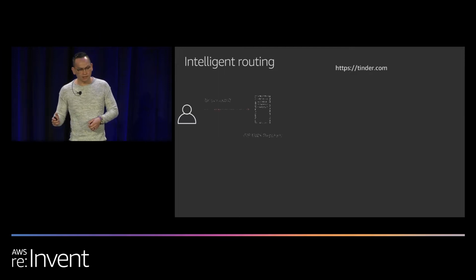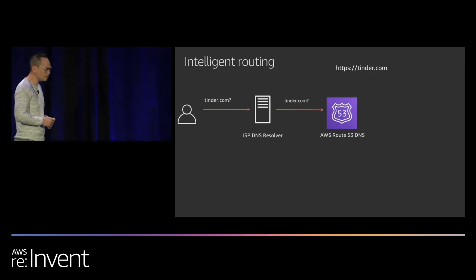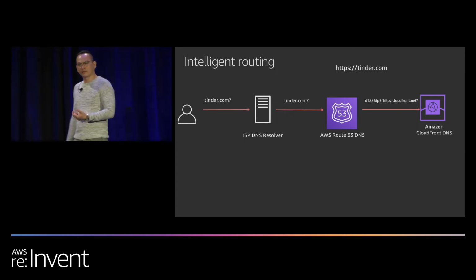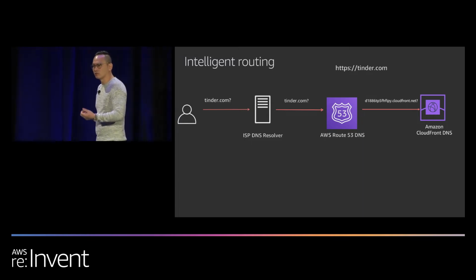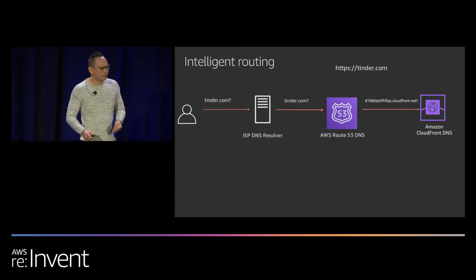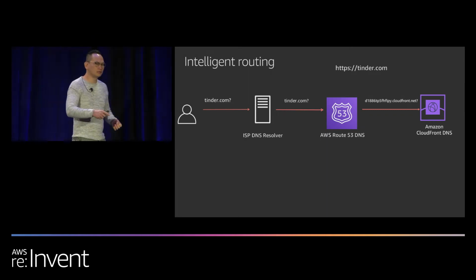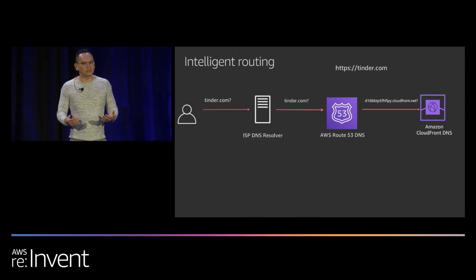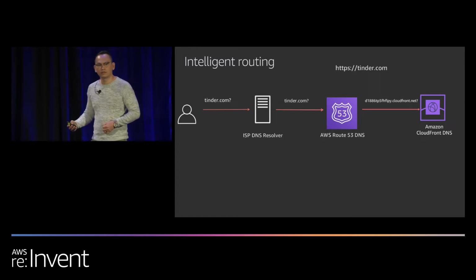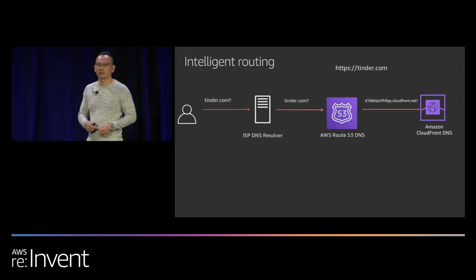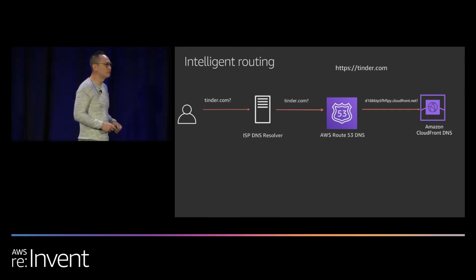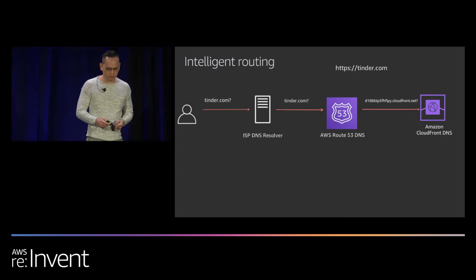How that happens is they usually make a DNS query, right? So if I wanted to go to Tinder.com, I type that in on my browser. What's happening behind the scenes is we're making a DNS query to the local ISP resolver in most cases. If that resolver doesn't have the answer, it'll do a recursive query to our Route 53 servers. Now, in the case of CloudFront, Route 53 will recognize that, hey, this is a domain for CloudFront, so let's hand off the query to the CloudFront DNS servers that sit within our same location, right? And from there, CloudFront can dynamically figure out the most optimal POP to send that viewer to.